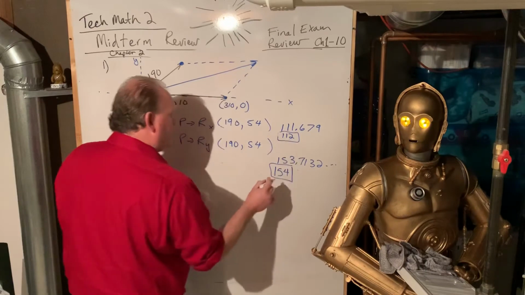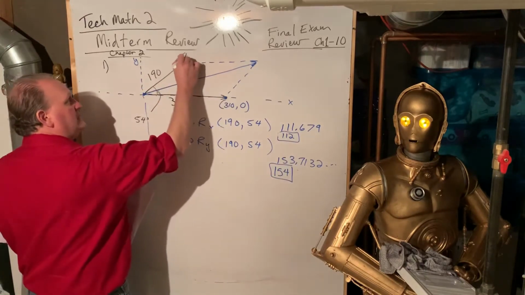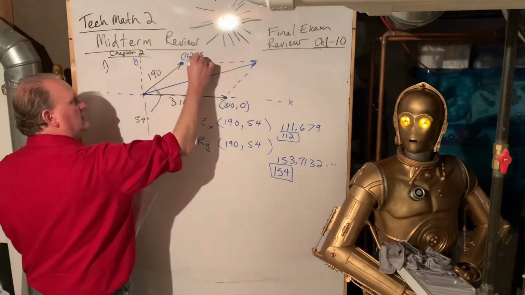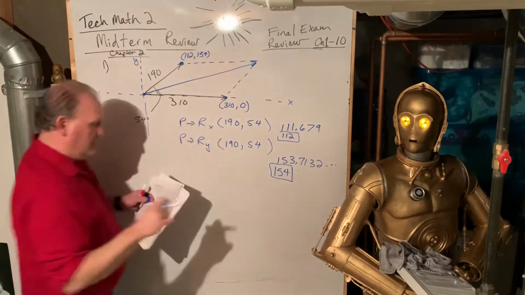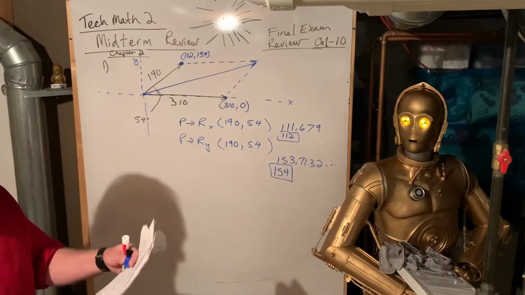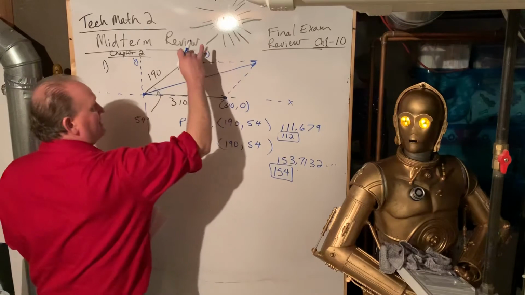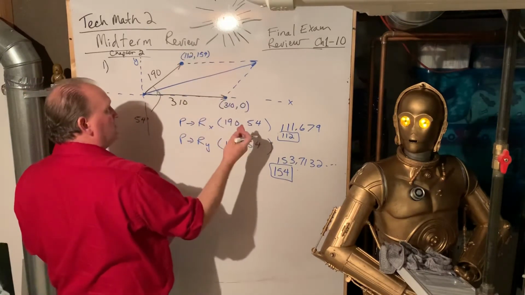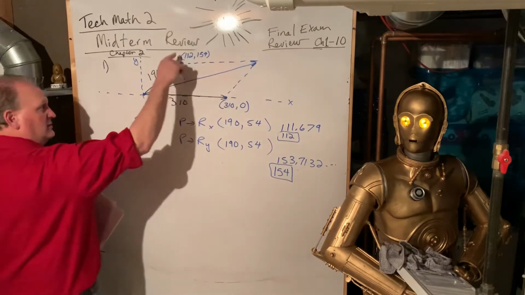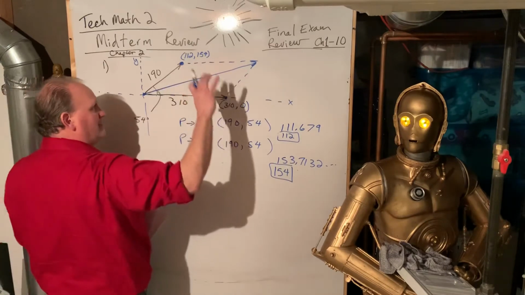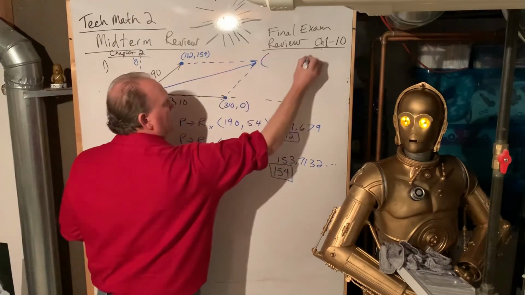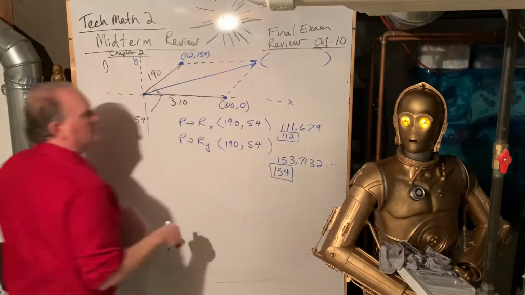So 112, 154 is what that point is. So now what we do is just add. We add this and this. We add those points. The vertical components and horizontal components get combined, and basically that'll give us the resultant vector,